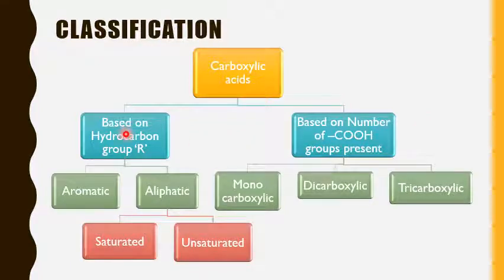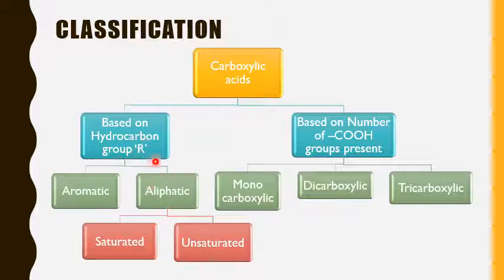So the R group, a hydrocarbon group, how will they be different? With all your knowledge till now, since you are dealing with the third paper, we can say the hydrocarbon group can be aromatic as well as aliphatic. So if the COOH group is attached to a hydrocarbon which is aromatic in nature, we can say it is an aromatic carboxylic acid. And similarly, if the COOH carboxylic acid functional group is attached to a hydrocarbon R, where this hydrocarbon R is an aliphatic group, then we say it is aliphatic.